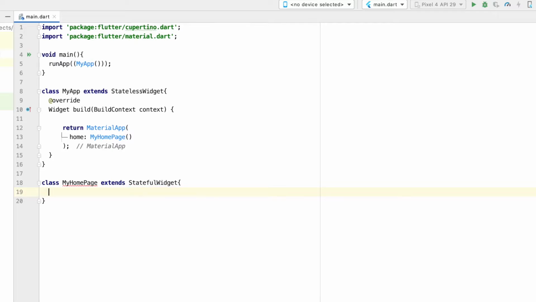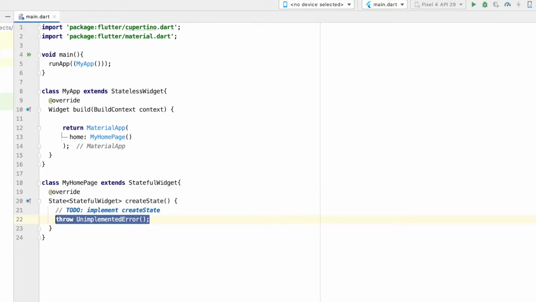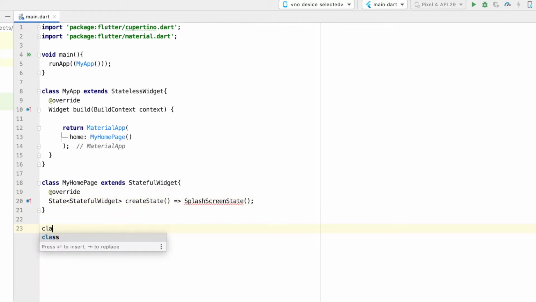With the stateful widget we have to maintain a particular state. So I'm going to return State of the particular widget. So this particular class is responsible for handling state. Let me create a state for that.